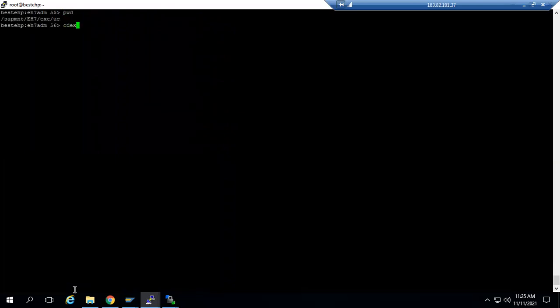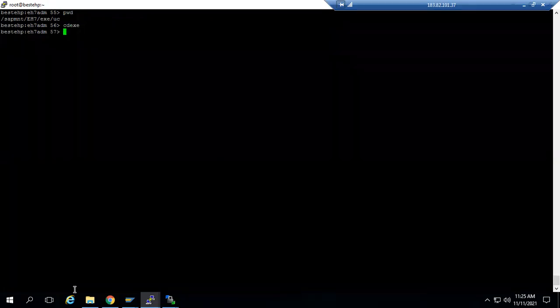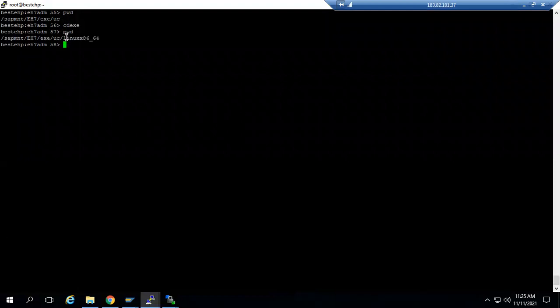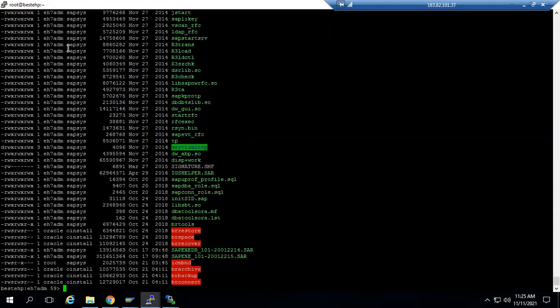So see what I told, the kernel resides in this location, right? Linux x86 64-bit. See carefully what I am doing. This is not the path.